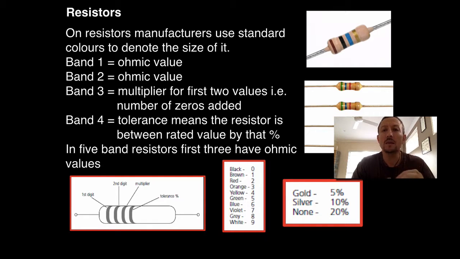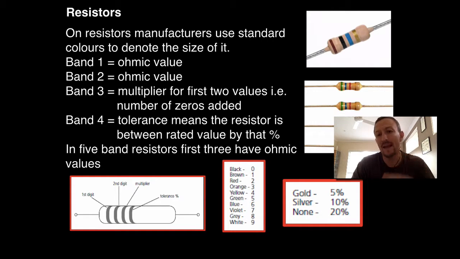Okay, so the third band, and in this case you can see it's the blue band. The blue band basically will denote, because it's in its third position, the number of zeros you add to those two numbers. So remember we've got 1 for the first band, 0 for the second band, and then if we look on our table we can see that blue is 6. So basically what we would have is 10 and then 6 zeros after it, which basically is 10 million ohms